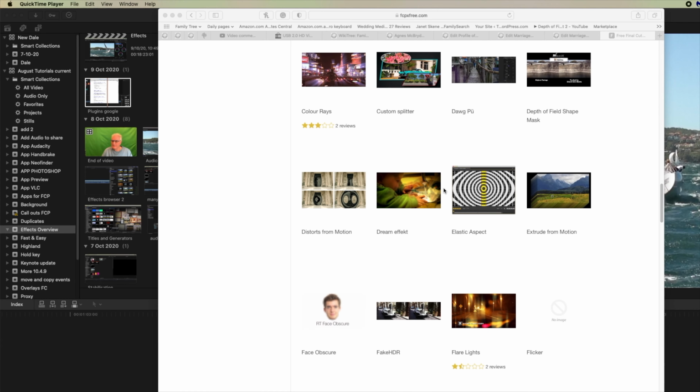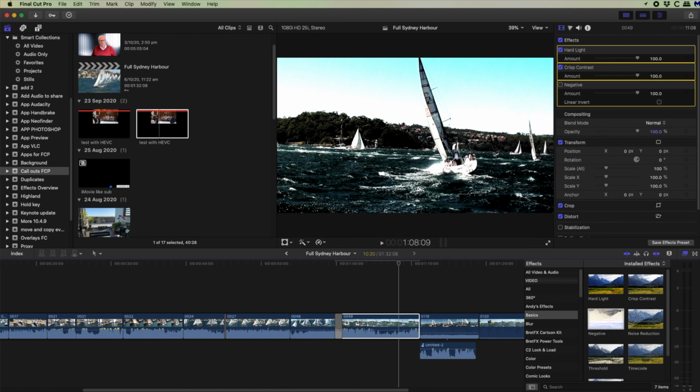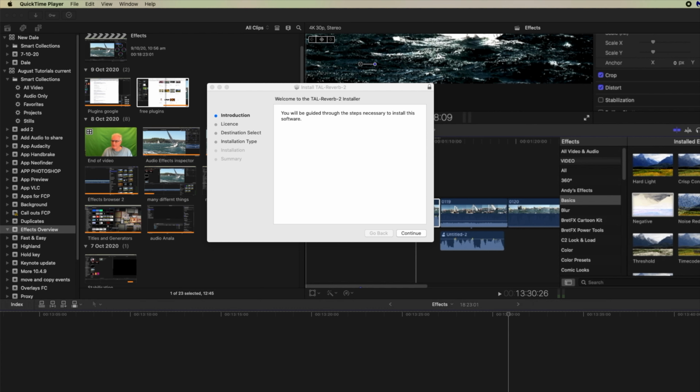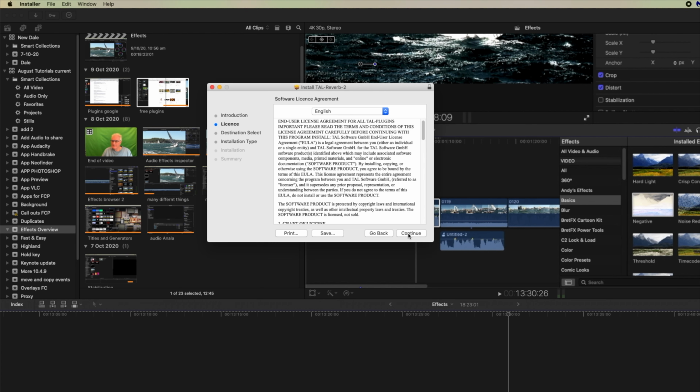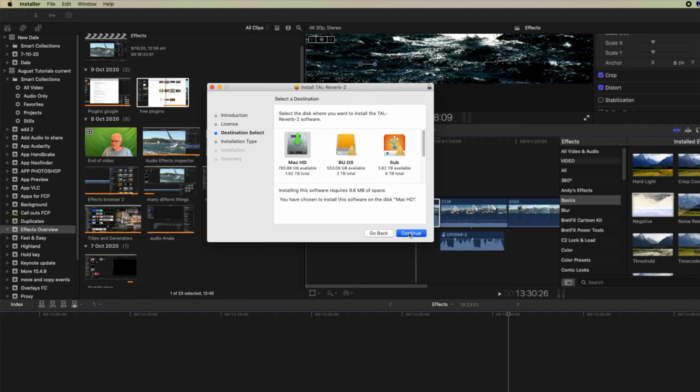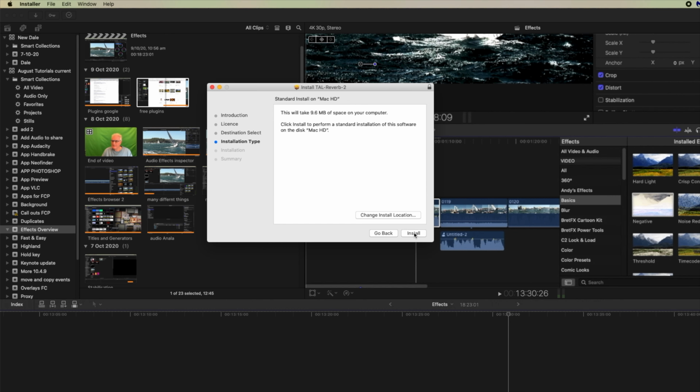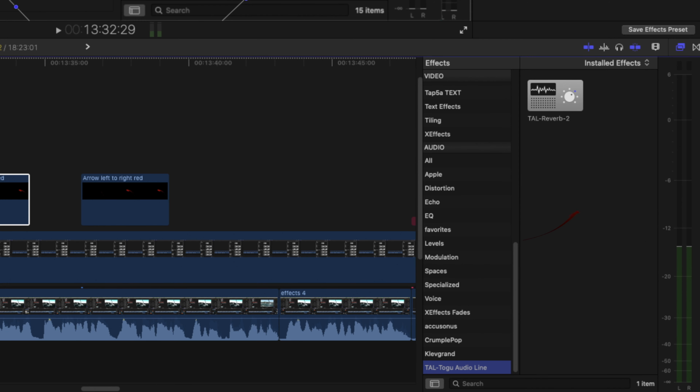And most plugins that you download, free and paid, will come with an installer that will put them in your system for you. And they'll go in a folder that will appear in your index. So if these ones have been downloaded here, you can see they have their own folder, and that shows them separately in the right-hand panel.